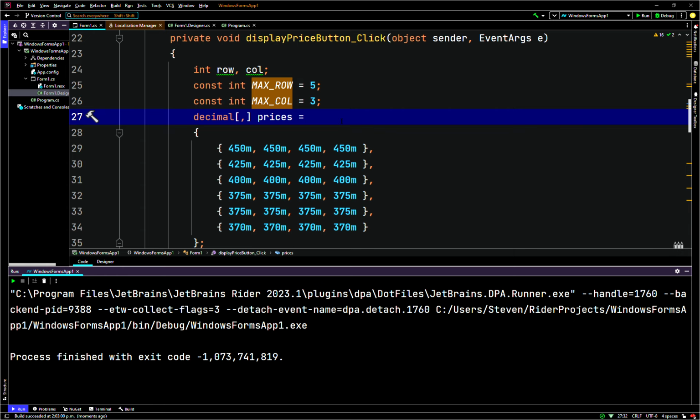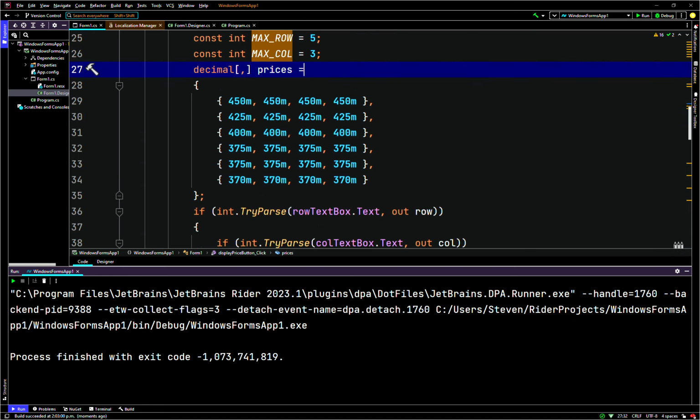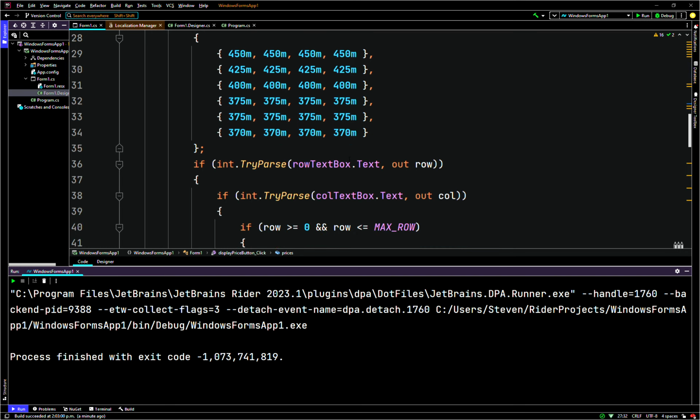So here we have decimal array prices points to an initialization list. So we have the values here, all have m's and commas and then a comma on the end. Then we just close it with a semicolon. Then here we have